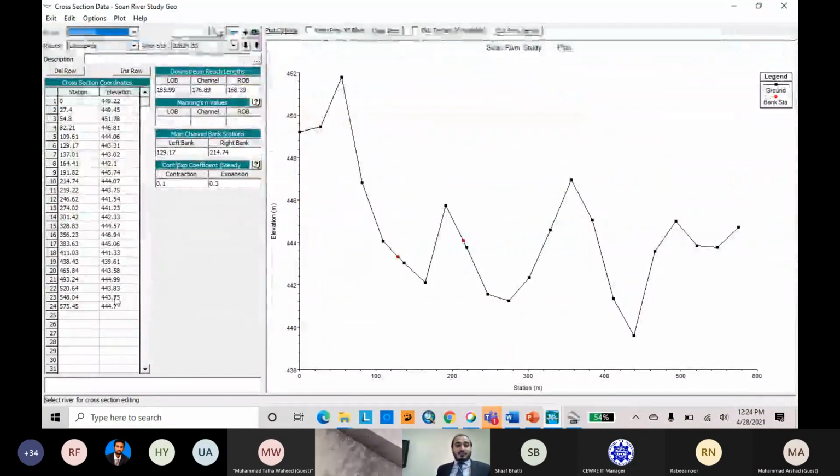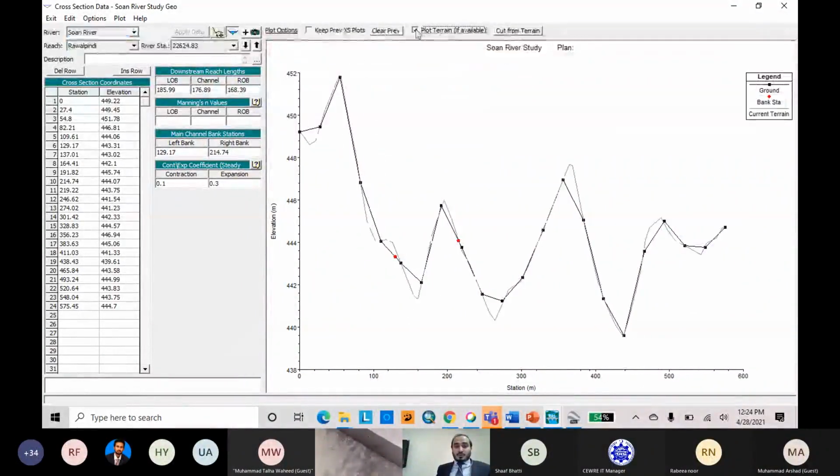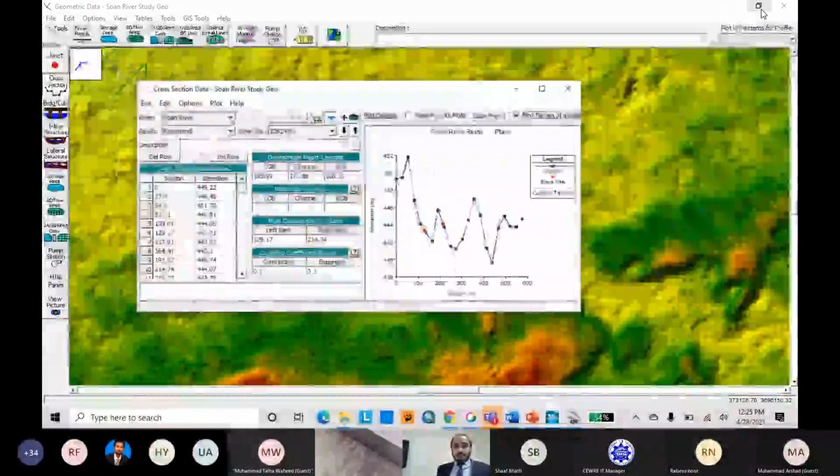Okay, we have to replace these values with our survey data. Here I am going to check one option, Plot Terrain. The terrain plotted behind your cross section is the same data expected from using HEC-GeoRAS.